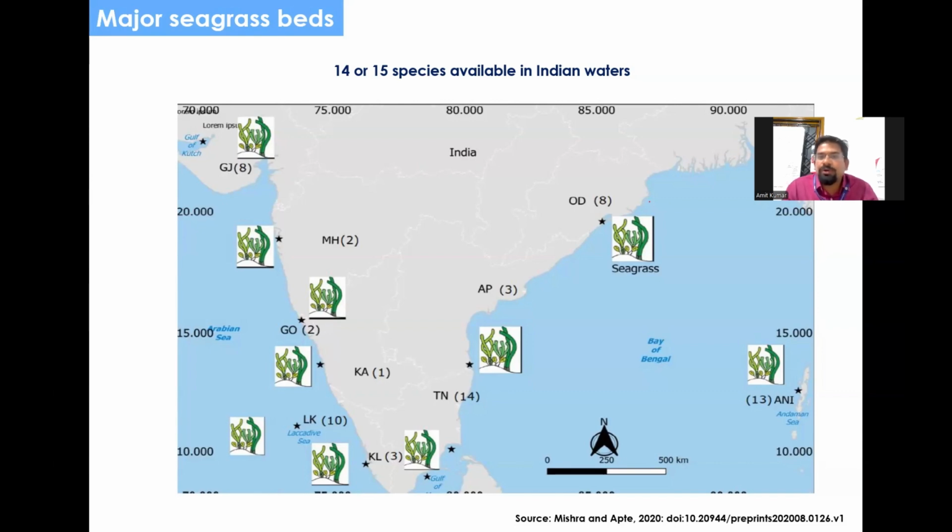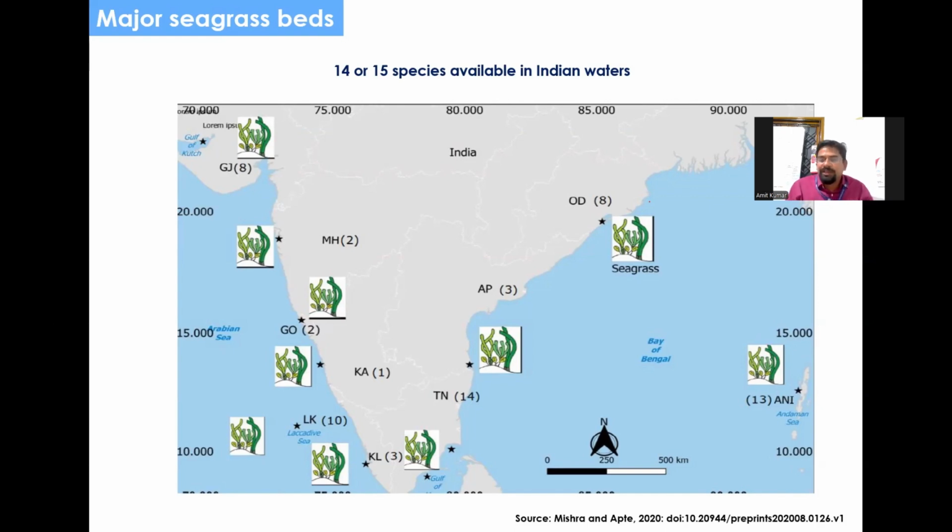One unfortunate thing about seagrass is that the research is very, very less if we compare it with other Western countries or other marine research happening across the world. And there are many seagrass beds in various different locations which are not yet reported, not yet studied. So such a bias is there towards only a few certain locations where researchers are going